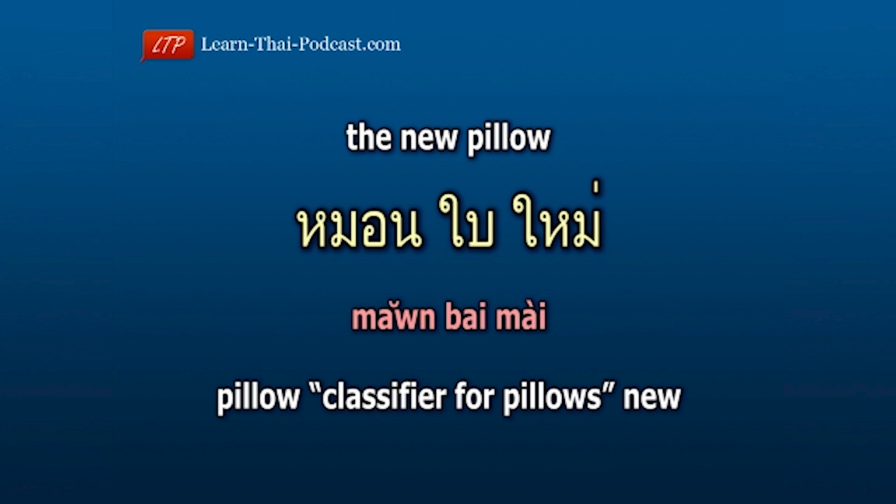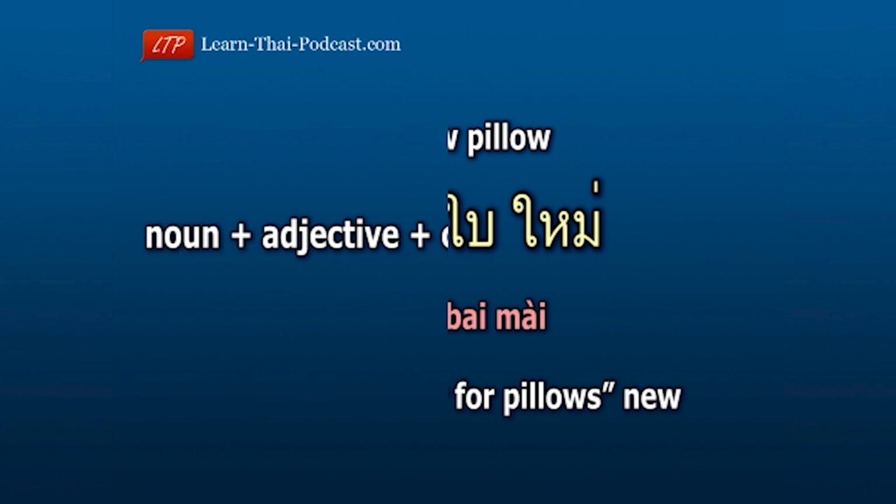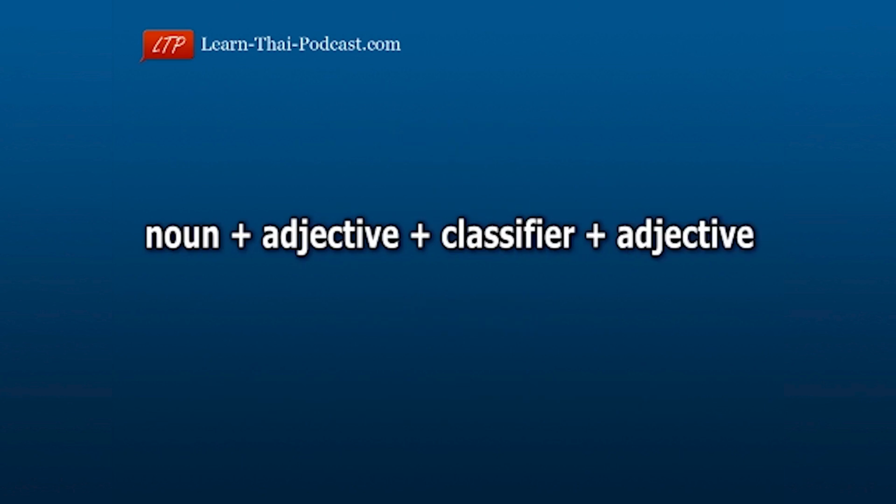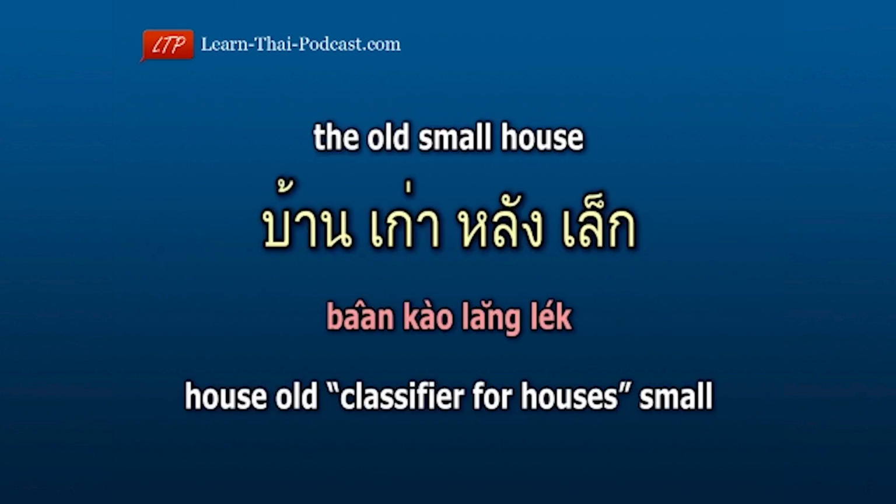When two adjectives are used to modify the noun, the classifier is also used. So in this case, you have the following structure. Noun plus adjective plus classifier plus the second adjective. The first adjective usually describes the general category, and the second adjective describes the specific case. For example, the old small house. บ้านเก่าหลังเล็ก